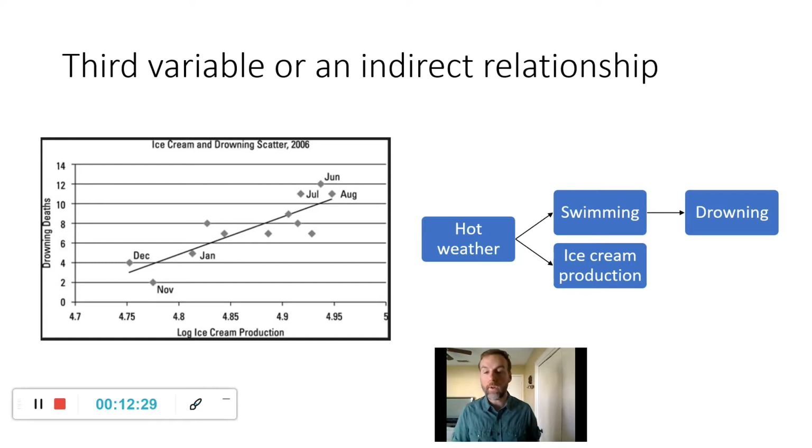Sometimes we see other correlations that are even more far-fetched, where there's probably not even a third variable to explain them. It's just some sort of indirect relationship that occurs. And we need to think about this when we interpret our data, especially if you're running many correlations. If you have a giant data set, you're correlating everything with everything else, which is not advisable, you'll probably find some significant relationships. Then you need to ask yourself,